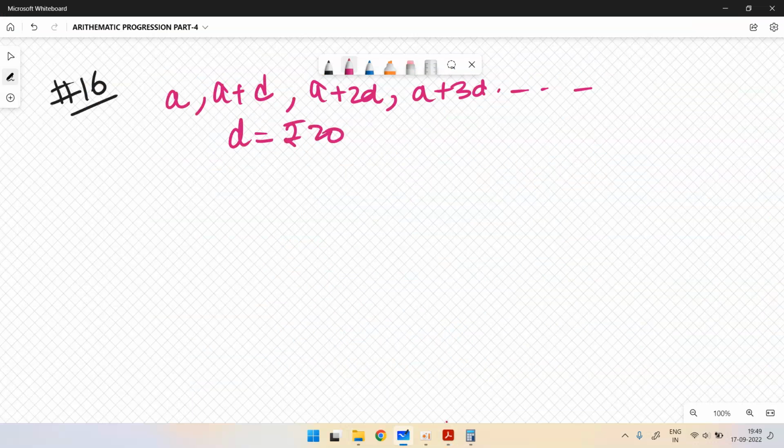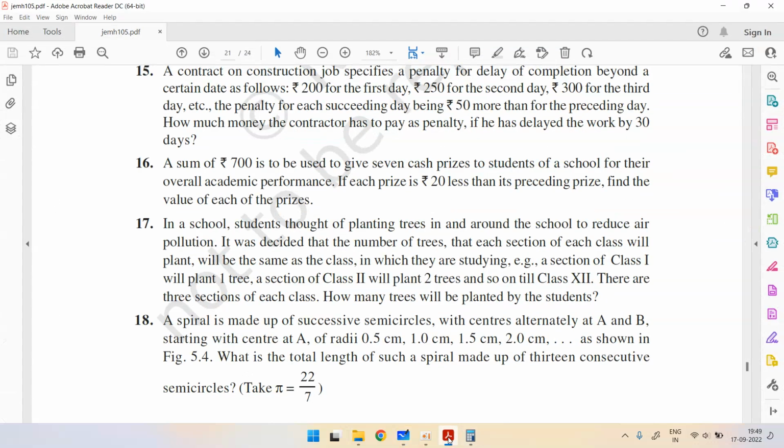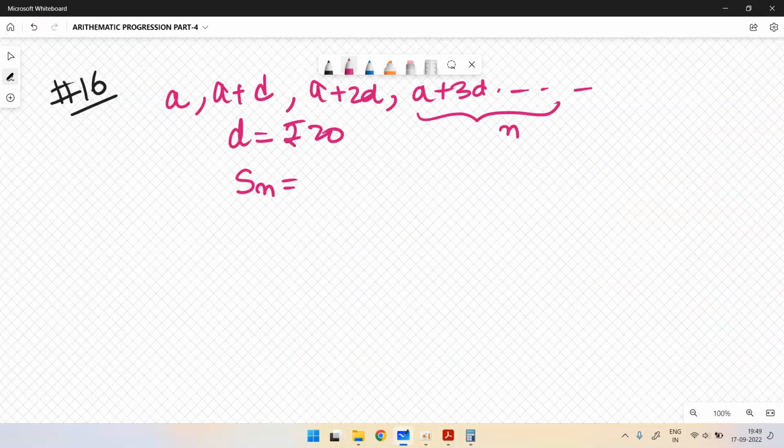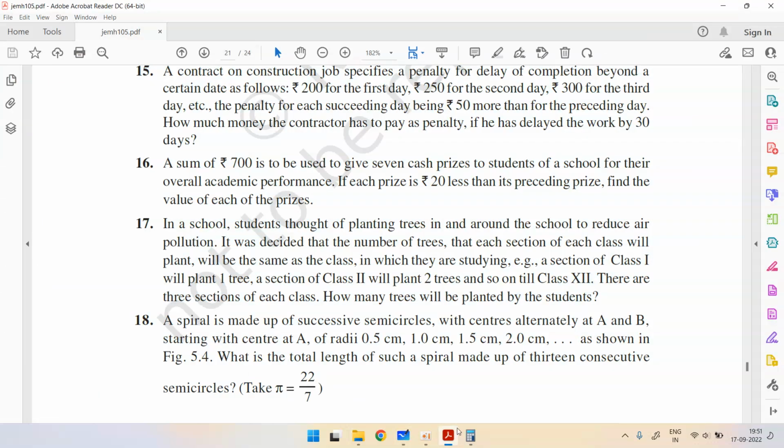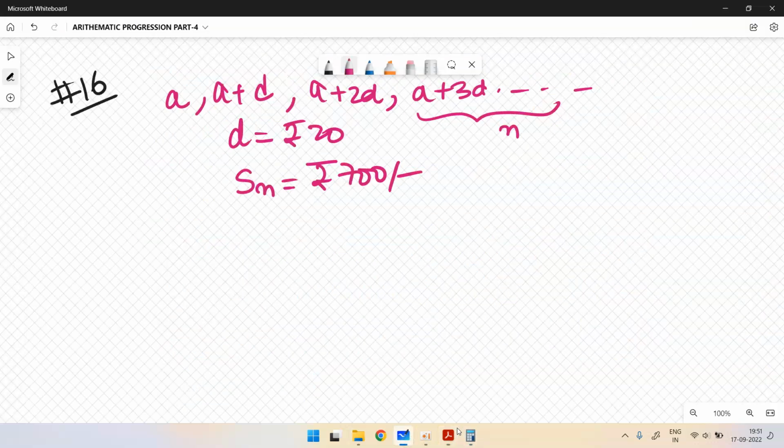Now, n prizes are distributed, and it is given that the sum of n terms is the total cash they have, which is rupees 700. This is the first term. So this sum is going to be 700. The sum S of n is n by 2 into